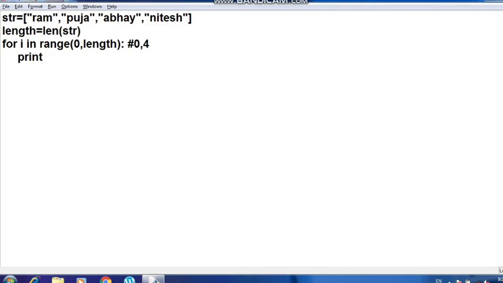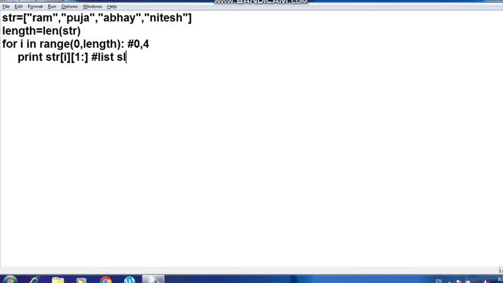So there is one logic which I am going to apply: print. Here the value at the i position should be printed after extracting from the 1 position. The first time the value of i will be 0, so you can see I have written print str[i]. It will go to the first element, which is Ram, and print from 1 onwards.